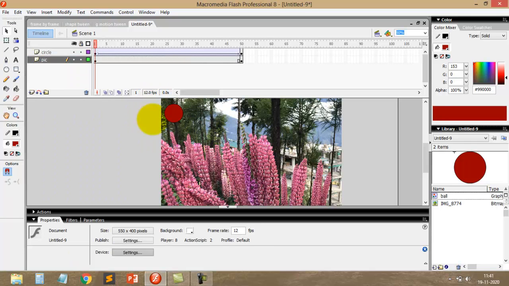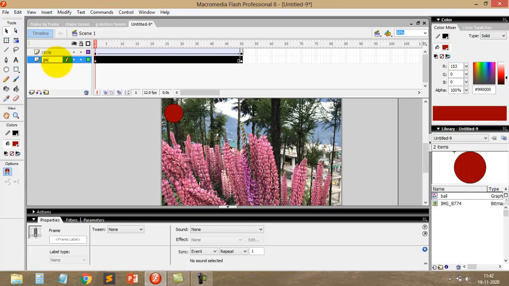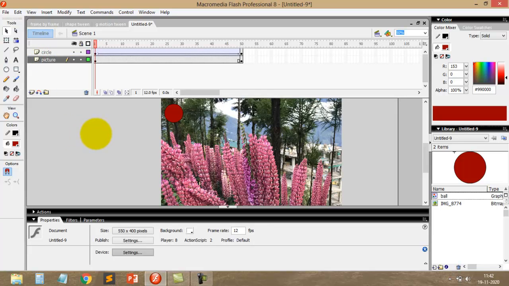After creating it, you can rename that layer. You can rename it as background or landscape or whatever you want. Here I name it as picture, and increase the frame rate. Increase the frame rate means you have to select the last frame and press F6. F6 means new keyframe, not frame. Frame is for F5 and new keyframe is for the new changes. So we didn't do any changes in the picture, just leave it over there